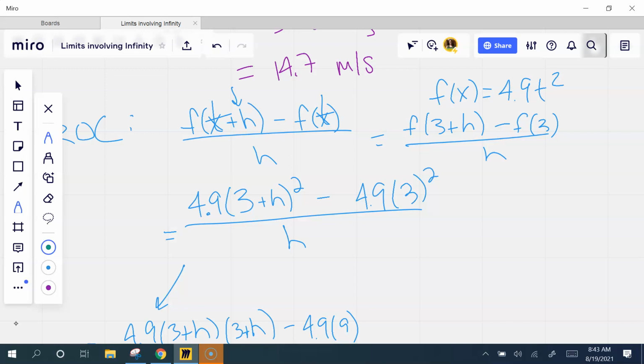I'm looking at my notes and it's showing the same formula for AROC. That's why I'm so confused. Okay. For AROC, anytime it says average, go to your slope. You can find AROC that way. It's a harder way to find AROC, but it shows you how we get to IROC from AROC. So if they're asking for the average, like on part A, then it's delta Y over delta X.